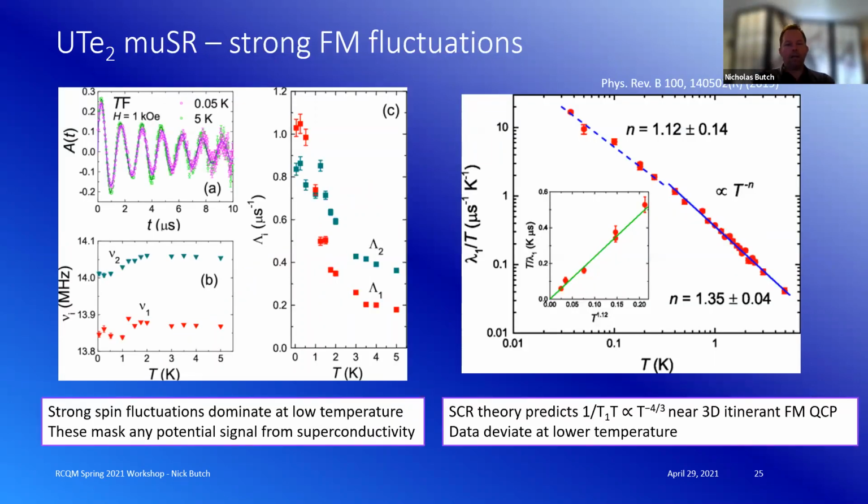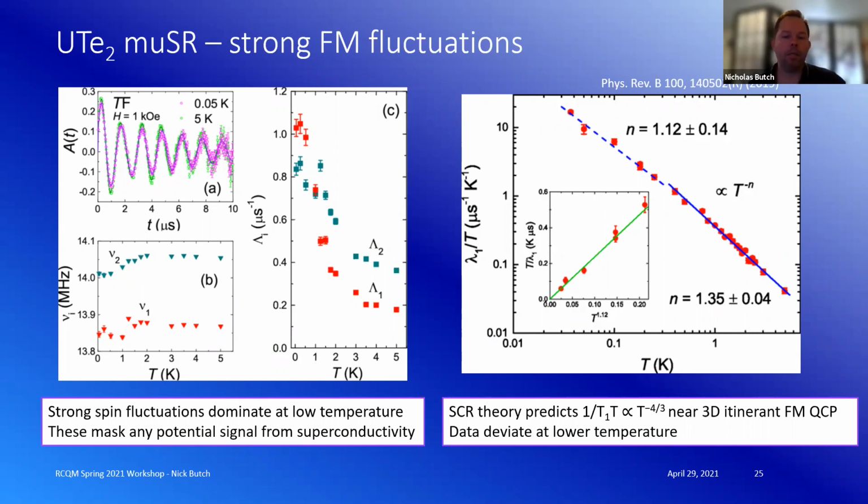It's not the only probe we've got. There's MuSR, and full disclosure, the expectation for the MuSR experiment was originally to see if there were signatures of time reversal symmetry breaking in the superconducting state. But it turns out that Jeff Sonier's group found that there are really strong spin fluctuations at low temperature. In fact, they're so strong that they can mask any potential time reversal symmetry breaking in the superconducting state. So if you just look at the temperature dependence, there is no kink at 1.6 K. It extends to much higher temperature.